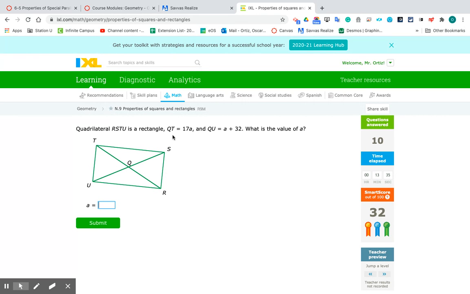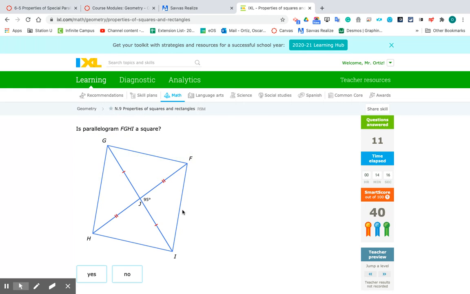So now they will ask me, what is the value of A for this to be a rectangle? It is a rectangle, we know that. So QT is 17A and QU is A plus 32. And those four pieces, TQ, UQ, QR, and QS, are to be congruent because this is a rectangle. So 17A equals A plus 32. And if you solve that equation, you will get that A equals 2. You can ask me in class how to get that number if you need it. But